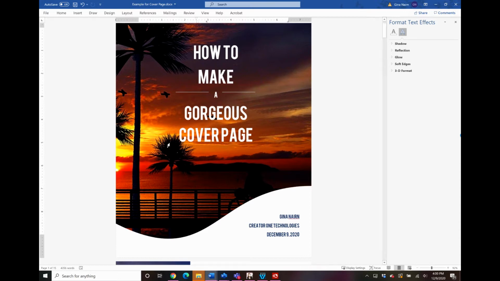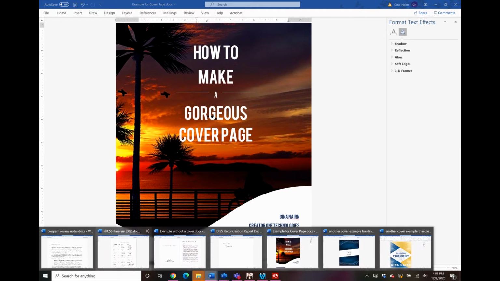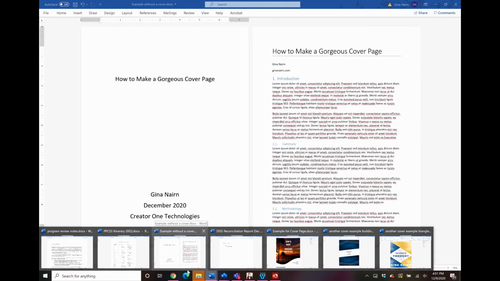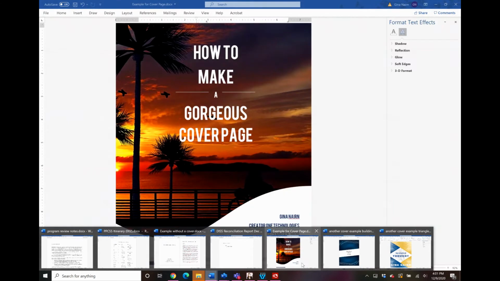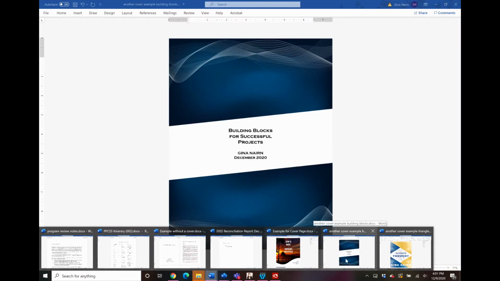So here's one, same information as on this other example that I put together for you, but it looks a whole lot better, doesn't it? Here's another example. All done right within Microsoft Word, even the angles on the edges of the graphics there, all done in Microsoft Word.